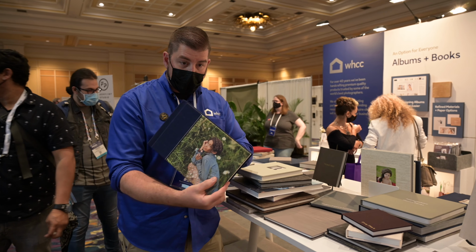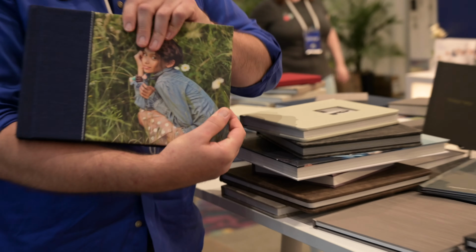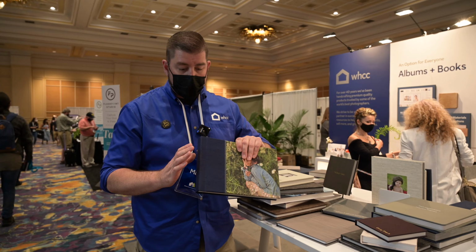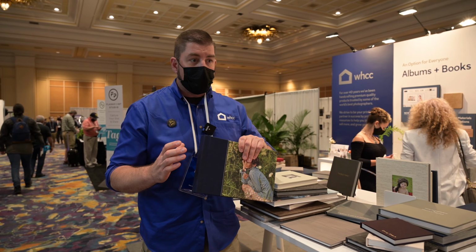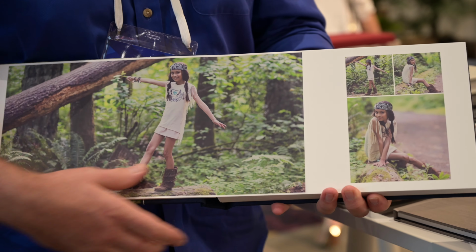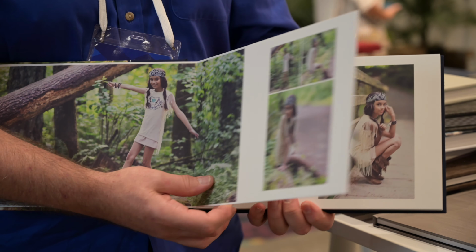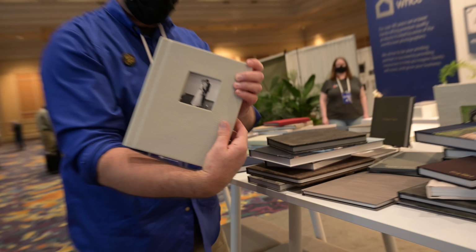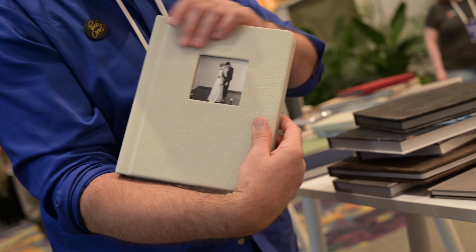It's a combo cover, so that means it's got an image and then it's also got a material that could be either leather or faux leather or linen or silk, whatever you choose to wrap around the rest of the album. This has Fuji deep matte paper for the printing surface, and it has white thick inserts. This is actually a cameo cover, so this just has a little cameo cut off,